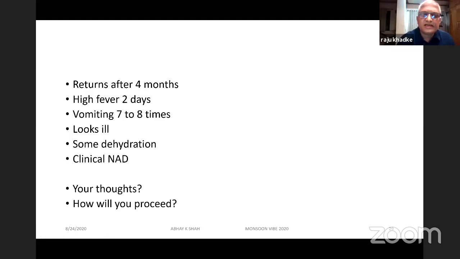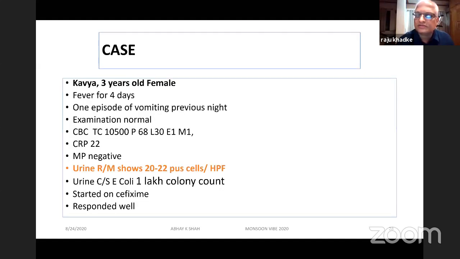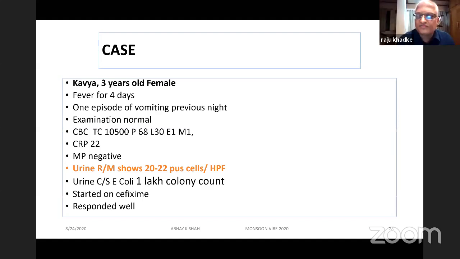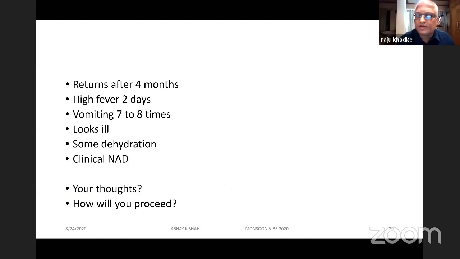Sir, the first diagnosis of urinary tract infection is well taken because the culture is positive as well as 1 lakh count is there on culture. Now this child has come with the second episode of urinary tract infection. So we call it a recurrent urinary tract infection because it has come within 6 months of the first episode. Now, when we think about recurrent urinary tract infection, we have a number of things to look at and do some special investigations apart from treating this child. So we will have to do a urine